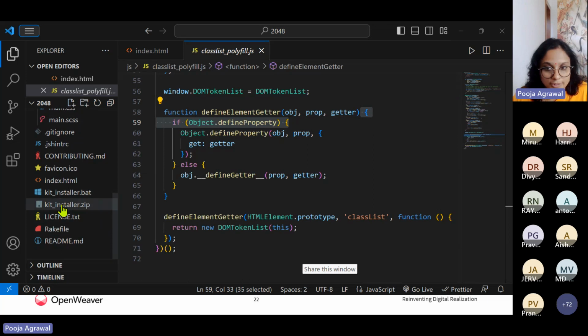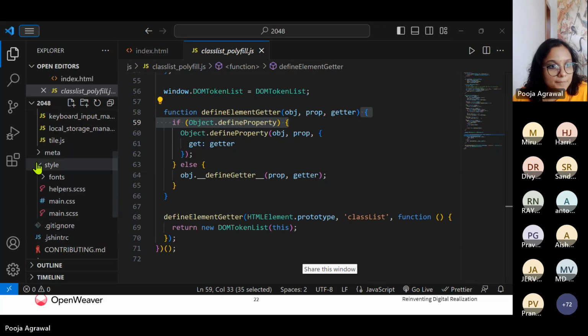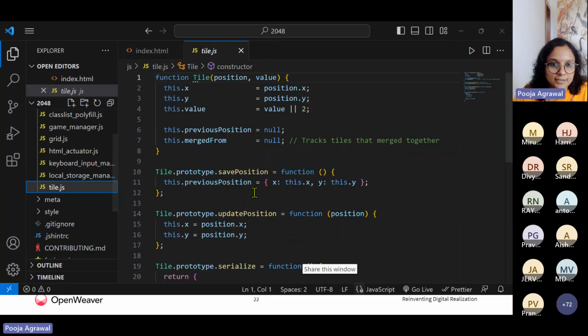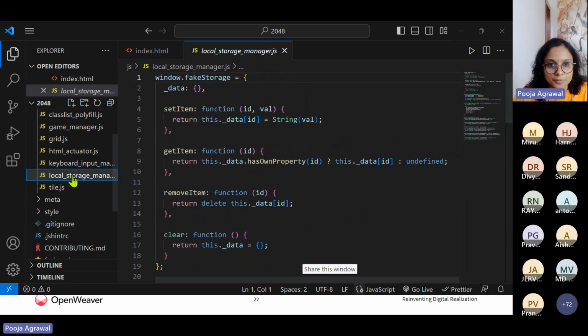So here is my HTML. Basically, by getting these scripts sourced within the index.html, we are simply keeping them separate. So for the tile, we have this tile.js for your simple local storage.